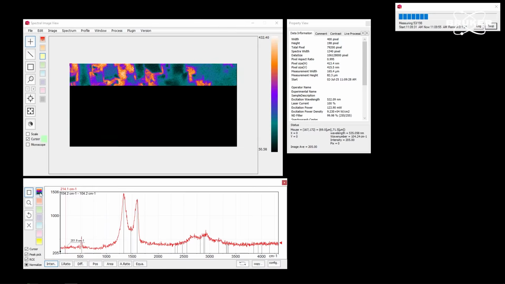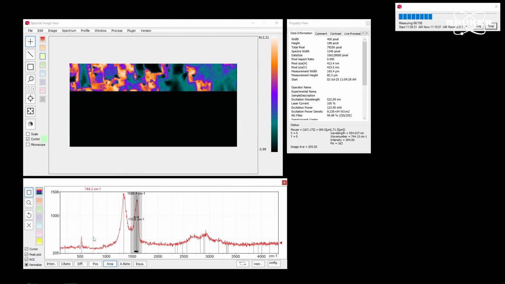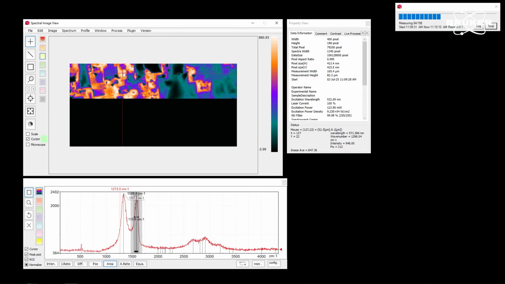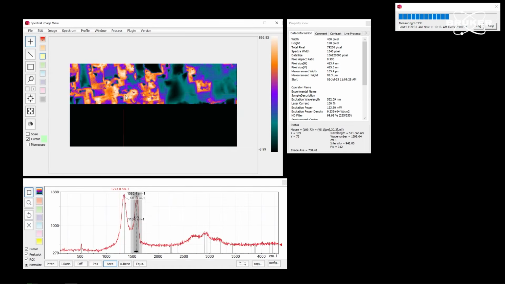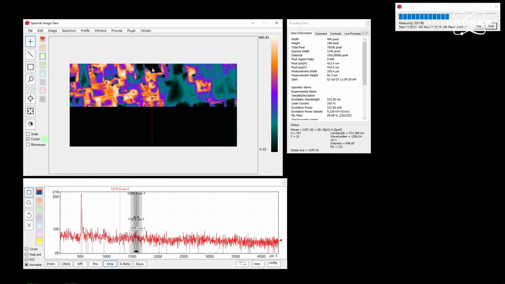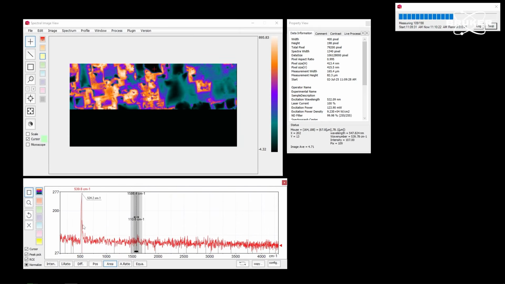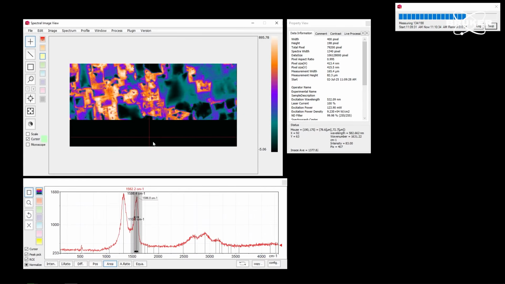If we use a lookup table with some color in it and integrate over one of the graphite bands, we will nicely see very quickly the distribution of the graphite. Here in this orange color, we have a lot of graphite. So here we are nicely in focus and image it. And here in these black areas, we only have the silicon substrate, giving us the information where the graphite is located. When we go back to the carbon spectrum, we will see distinct peaks in it.